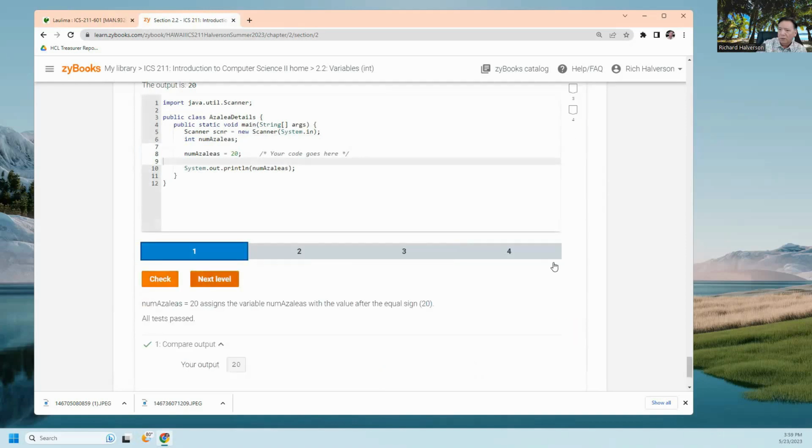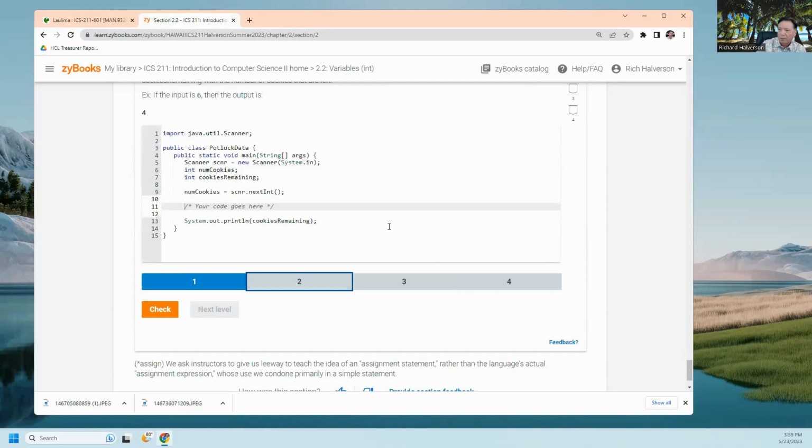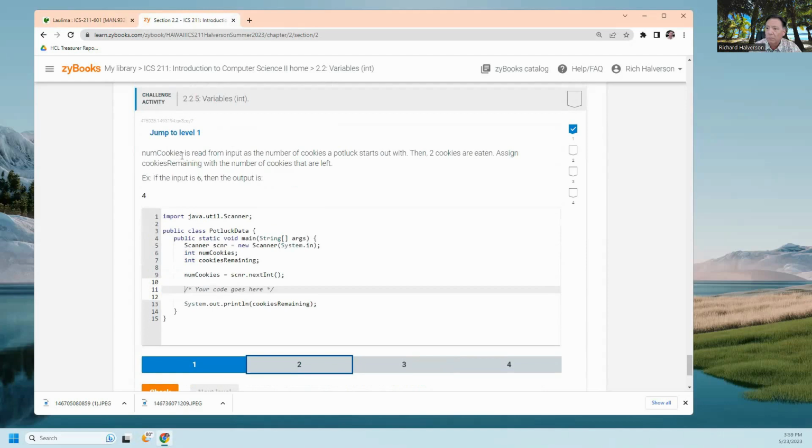This is just all too easy. I'm just doing this so you understand how to do these challenge activities later on. Later on, I'll probably just do like the first two or something. Do a couple of them, you gotta do the rest of them. All right. So now